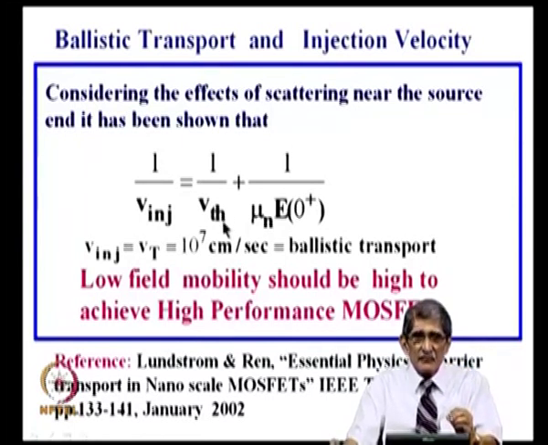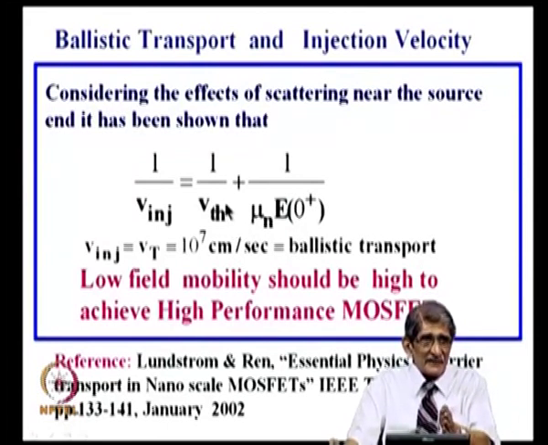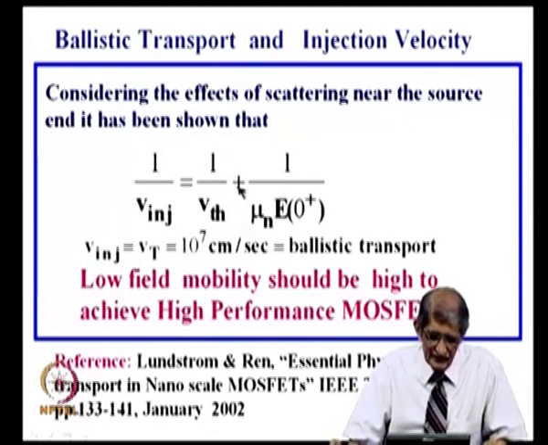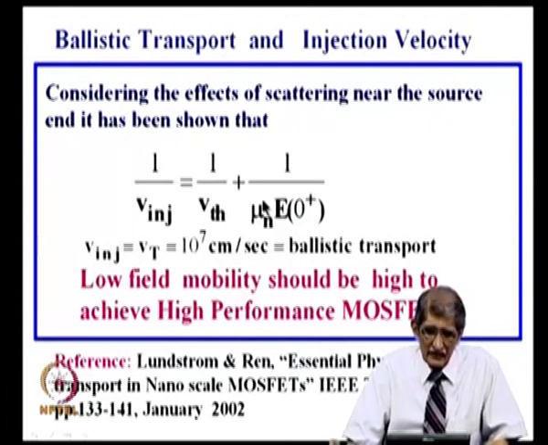landed in the channel. But the moment they land in the channel, they start moving, and within a very short length, they suffer collisions. They start getting scattered backward. So, the average velocity beyond that point, within that short distance, is controlled by the scattering mechanism. I am not showing the derivation. So, if you go through the analysis, what happens is, if there is no scattering at all, you would have got the thermal velocity. Because of the scattering,